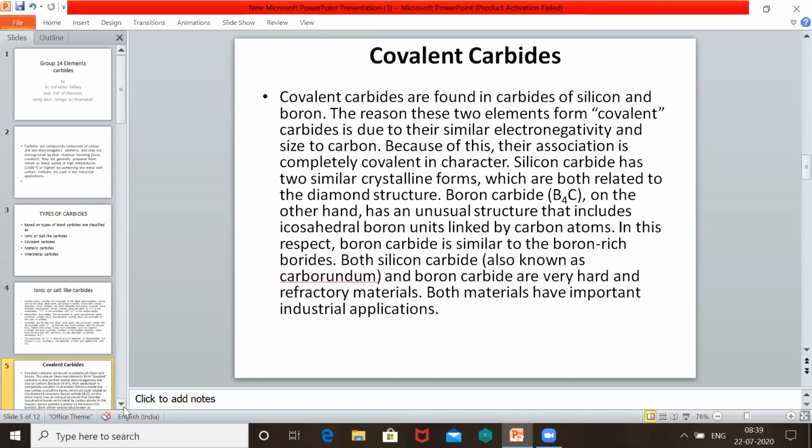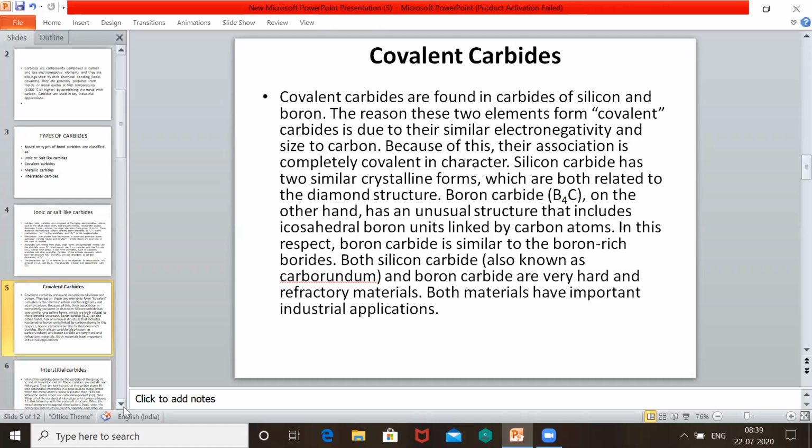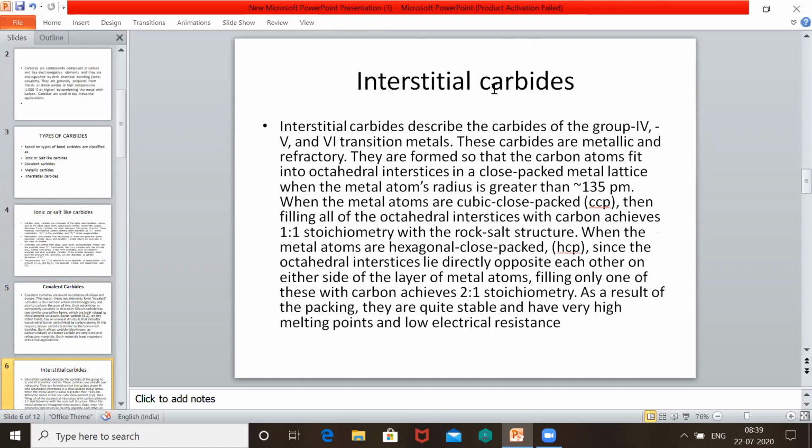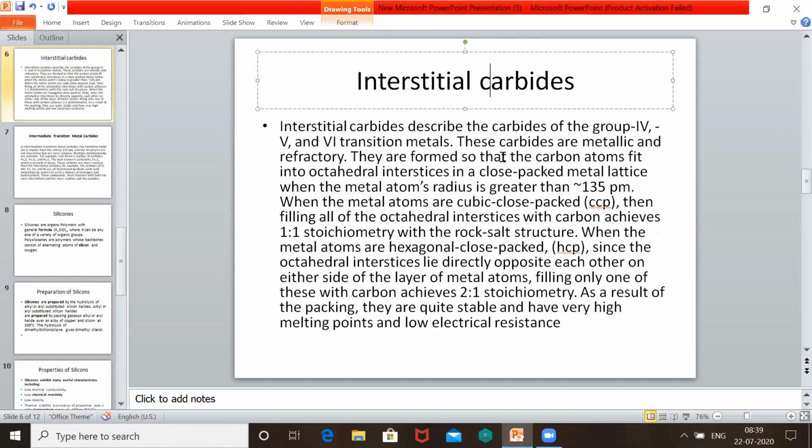Then if you go further, interstitial carbides. What are interstitial? I told you in the beginning, some metals have some space in between two atoms in their crystalline structure. So interstitial carbide describes the carbides of group 4, group 5, group 6 transition metals. These carbides are